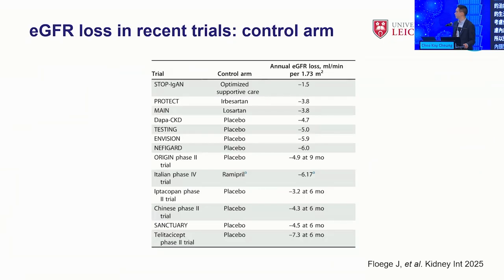per minute per year, compared to the faster progression you've seen in Sanctuary or the other phase 2 or phase 3 clinical trials. And the difference with the PROTECT trial is that there was a forced up-titration of irbesartan, and 97% of patients reached the maximum dose of irbesartan within that trial. So I think there is much more that we can do with supportive care and to optimize that for our